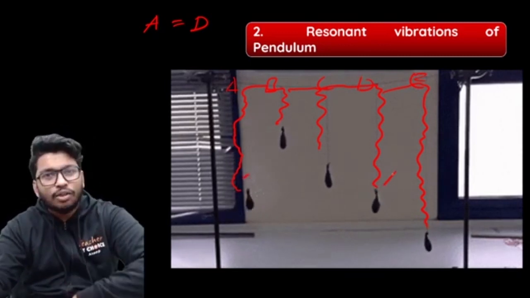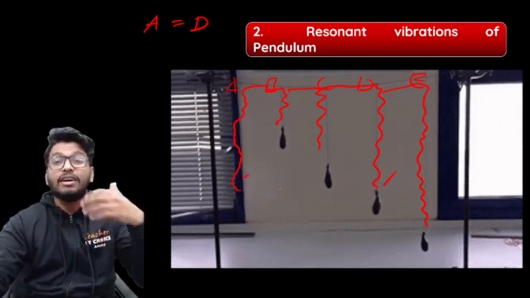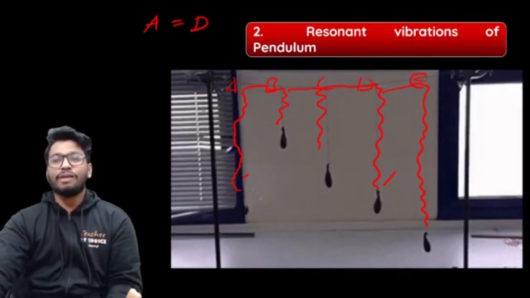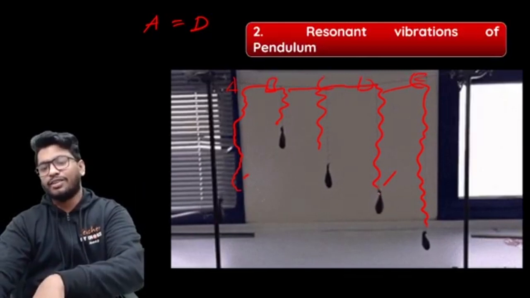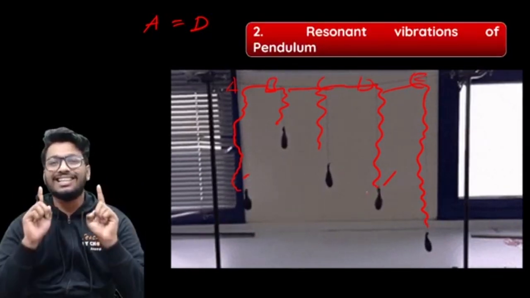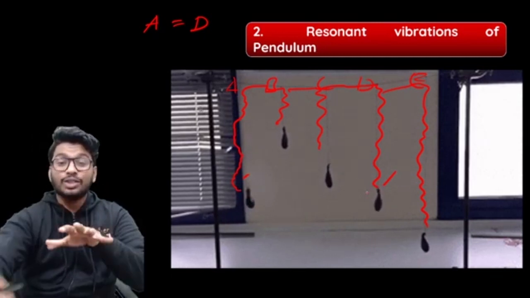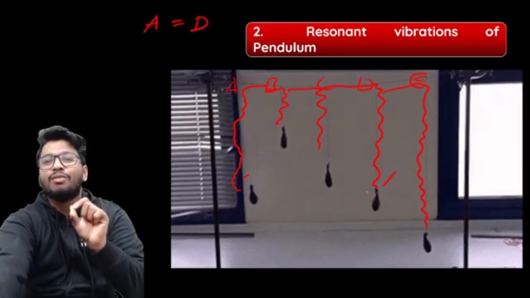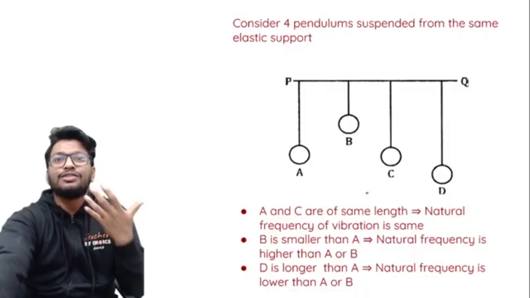This already has a natural vibration. So what happens is that it has a natural frequency. So when the frequency of the forced vibration is equal to the natural frequency of the pendulum, they both start to oscillate in sync. So that is what you notice over here. Now all the others are also oscillating, but at a very small amplitude. The displacement is not that great.